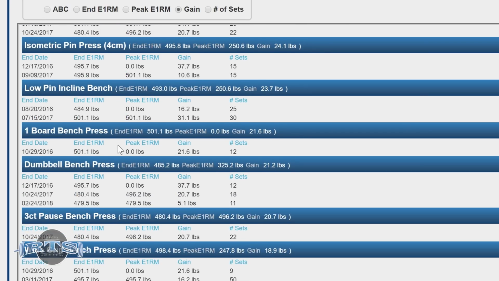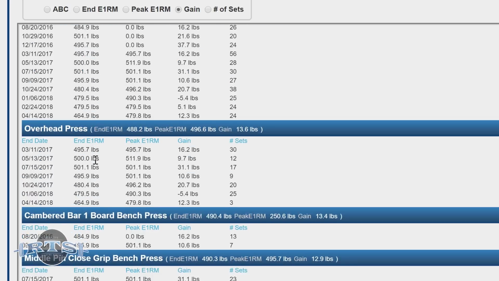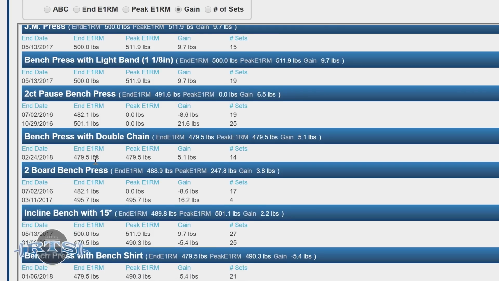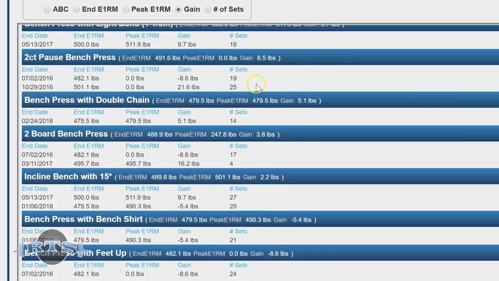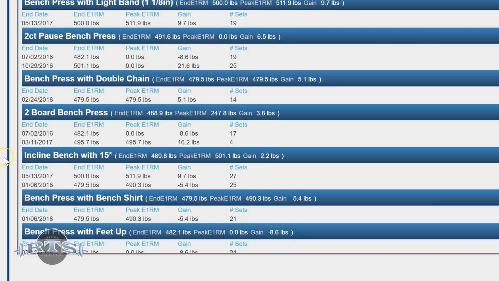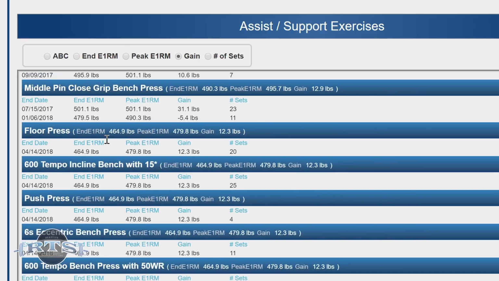As you move down, you can see more and more exercises, and even if you go all the way to the very bottom, you'll see the exercises where your gain is the lowest. So these are exercises that you may even want to avoid. For me, a 2-count pause bench, which I'm sure sounds strange, because that's an exercise that I recommend quite a bit. But it doesn't produce much result for me. So this is really interesting, I think, and a really useful way for you to look at your data, parse out